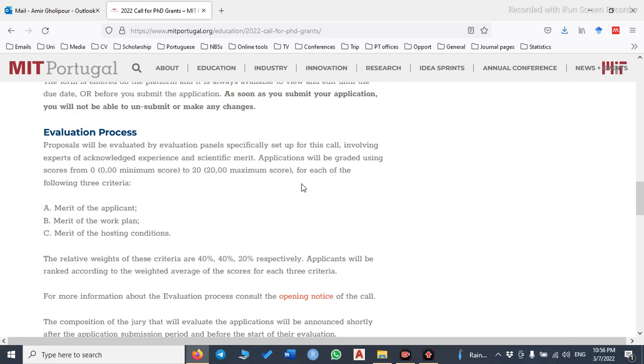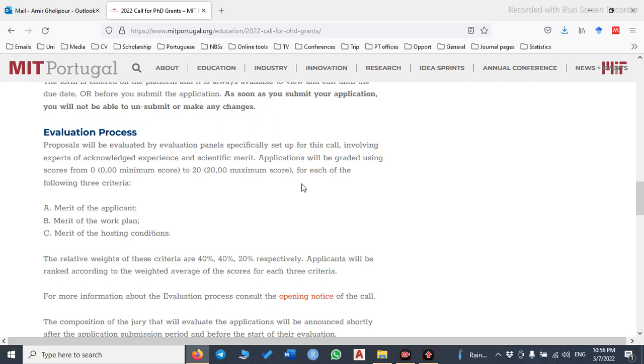It's a combination of your educational degree, your publications, your motivation letter, any academic activities like conferences, or book or chapter publication, or any patent, or anything that you have. The work plan by itself also is the most important thing. And the last one but not least is merit of the hosting condition, that you need to write about